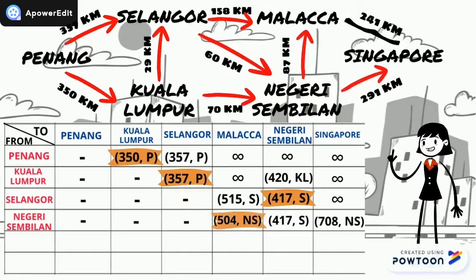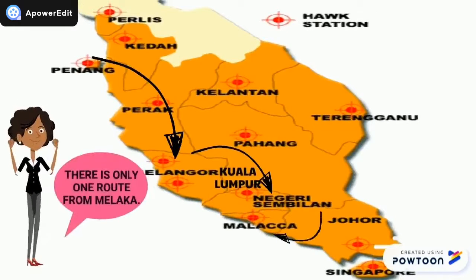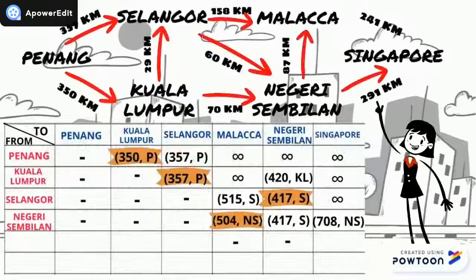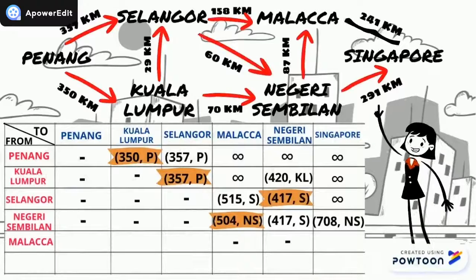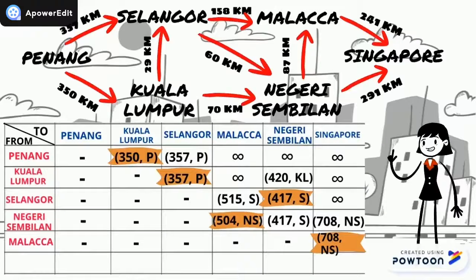We fix Malacca as our next current vertex. From Malacca, we can see that there is only one adjacent vertex, which is Singapore. When we add 504, the current distance of Malacca, and 241, the distance is 745 km, which is longer than the previous distance of Singapore. So, we keep the previous distance to Singapore, 708, and it will be our next current vertex. Finally, as we have reached our final destination, we can trace back the shortest distance from Penang to